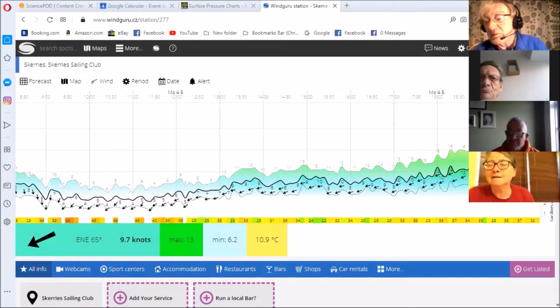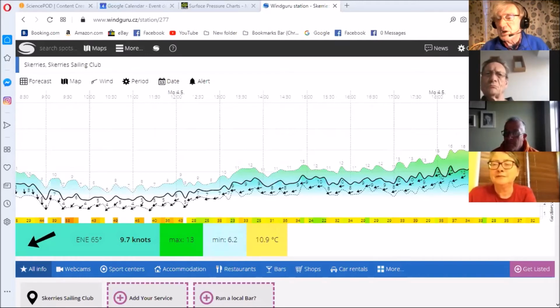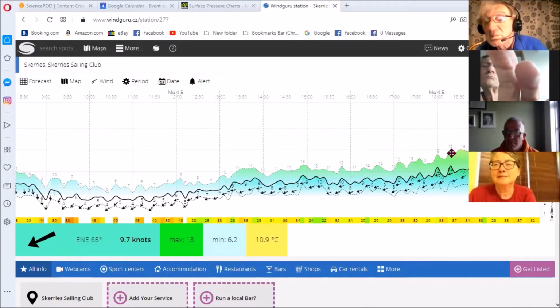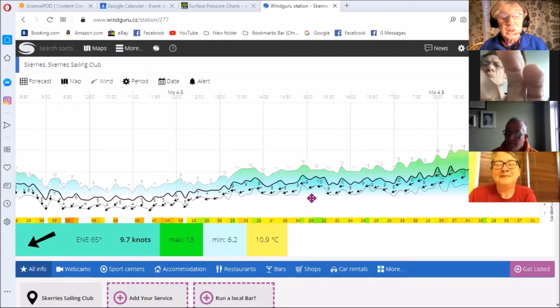But there is a little thing that gives you percentage gustiness, and that gives you an idea of how often it's going to be gusty. Is there going to be a gust every 5 minutes? Is there going to be a gust every half an hour, every hour? That sort of thing, you know. So that's quite a useful facility. So you could look at it and you could see that even though the maximum gust is going to be 16 knots, it's only going to happen once every, what's that, about every 15 minutes or 20 minutes, you know. Yeah. Which is dealable with, you know, spill wind for a little while. So that's a fabulous way of doing your weather